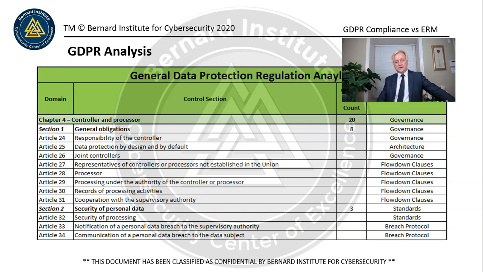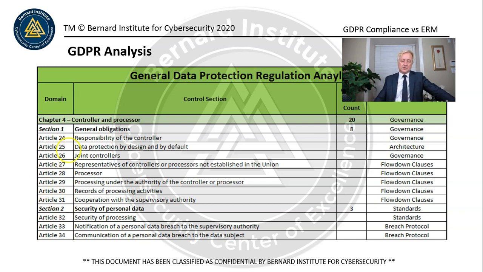And flow down clauses, we take the law and we write it into a schedule and we put it into our master service agreement. So it's very straightforward. Been there, done that kind of thing, and it works. But there's a lot of procedures around here and policies, and that's why I'm going through this with you, right?